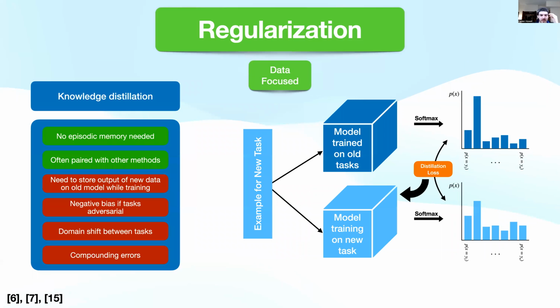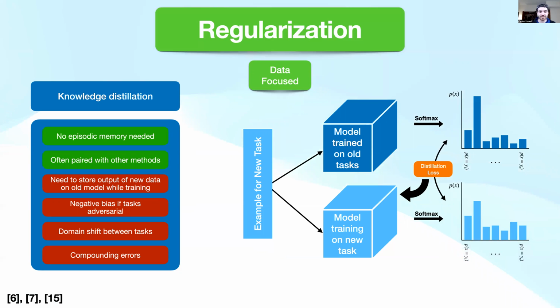Now, data focus methods follow from Hinton's 2014 work on knowledge distillation. The idea is simple. If you want to classify a BMW, you would expect that a garbage truck has a higher misclassification probability than a carrot does. The essence being there is valuable information encoded in those output probabilities, and we want to use that output probability to help force old representations into our new task.